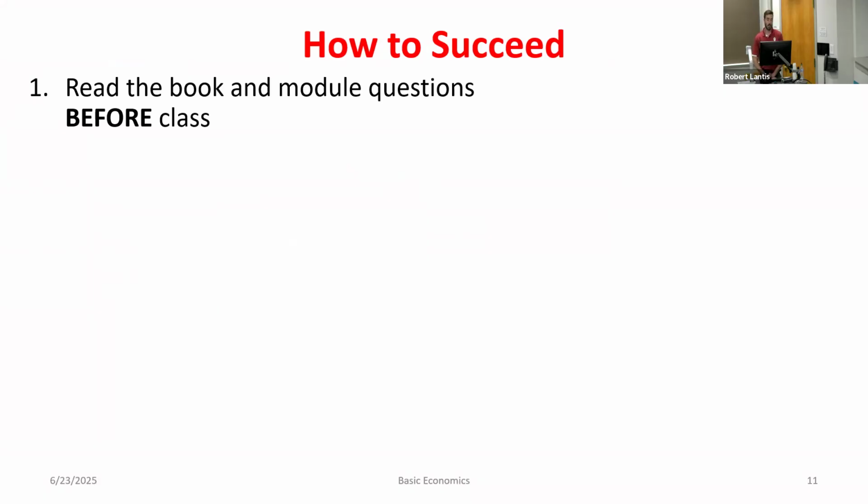The reason why I make those module readings due before we cover the material, and I did fail to say this as well, is that in those module readings, you get 2 attempts at every question. So even if you get it wrong the first time, you get a second attempt. So it makes it even more likely you can get all of those points. It's not really meant for me to test your complete understanding of the material before we cover it in class, right? I'm not expecting that you have everything down and understand everything amazingly. It's more for me to prime your brain